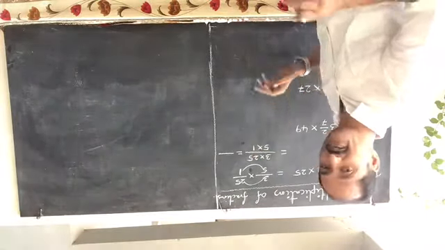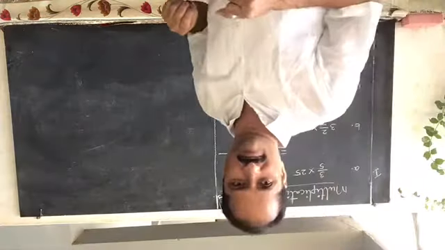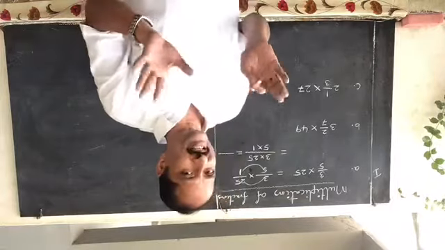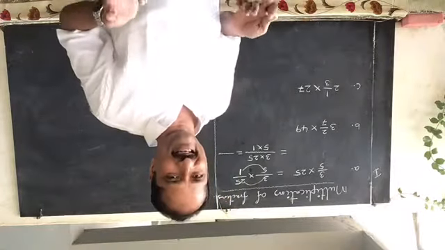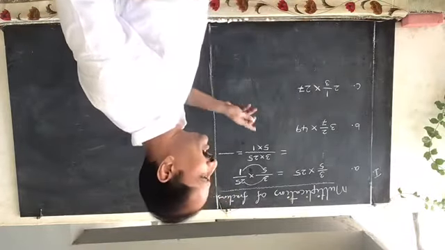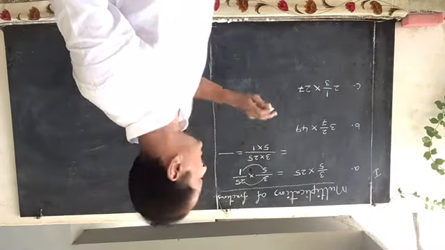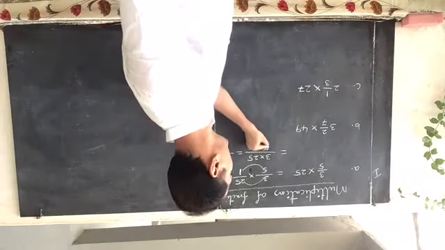For 25 and 5 we have common factor, so we can take out. But if there is a common factor in 3 and 25, we should not take. That should be multiplied. Remember carefully. So the common factors in numerator and denominator can be taken. So what are the common factors? 5. 5, 1 is 5.